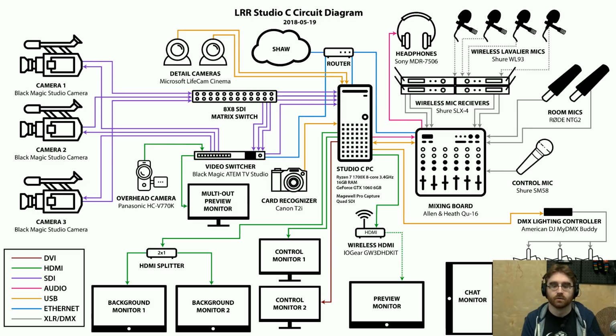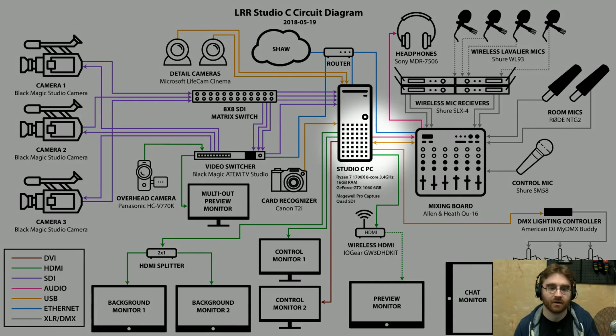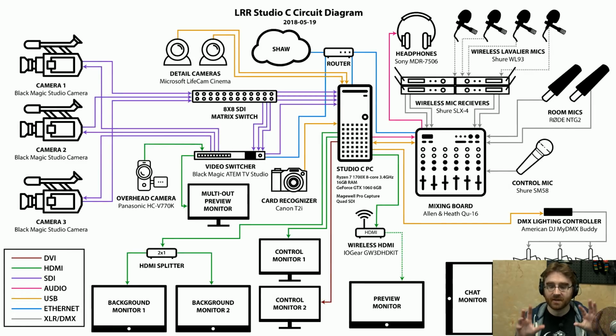Anyway, you can see on this diagram that there's a whole lot of different stuff that's all going through this main computer here. This here, that's what we're talking about: the Studio C PC, which is really the brains of the operation in many different ways. The pictures of the different things in this diagram are not precise, but they're just a rough idea of what it is. You can see the specs on that